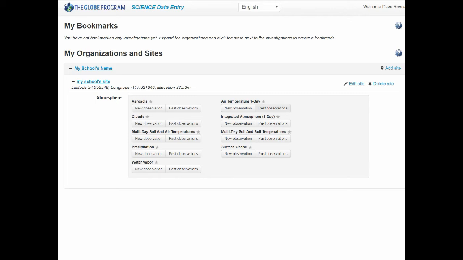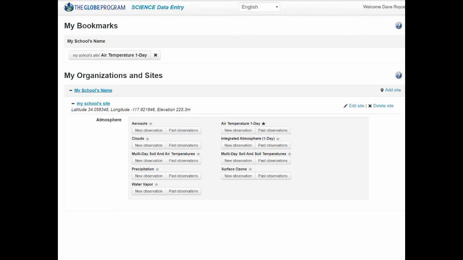Now, one thing you'll notice is that especially as you start getting more sites, this list can get long, and it can be a little annoying to go down and open the name, open the site, find the particular protocol that you're using most often. So all of these protocols have a little star next to them, a bookmark. And if I click on it, it will automatically take this protocol for this site and put it right up